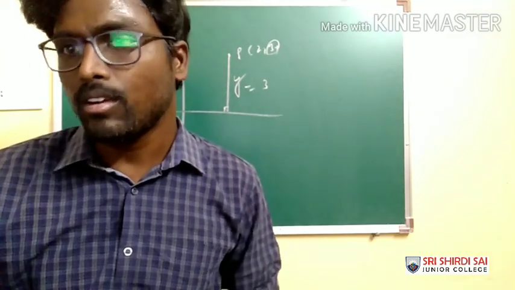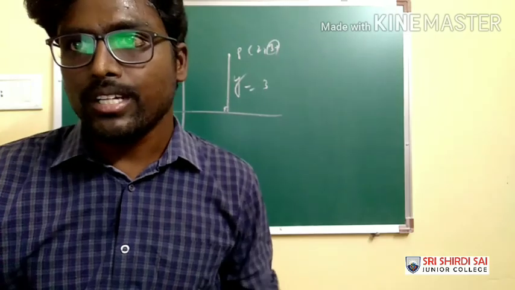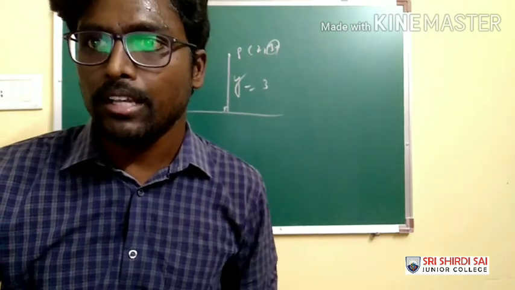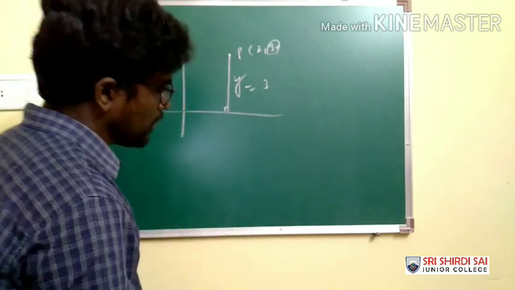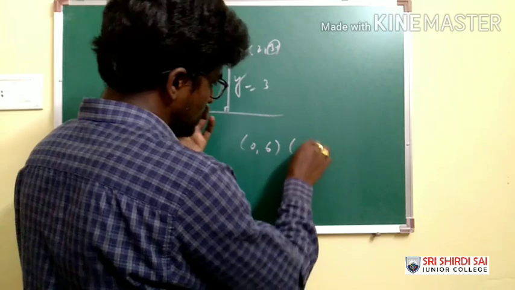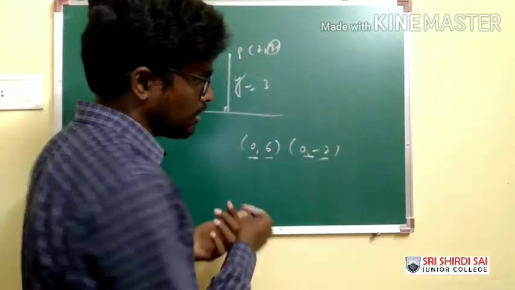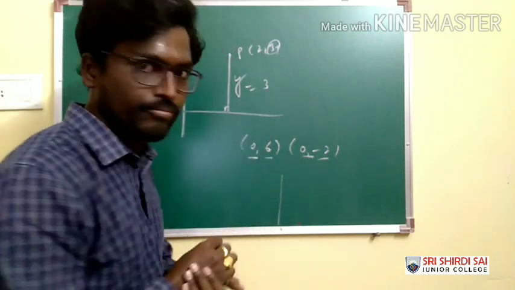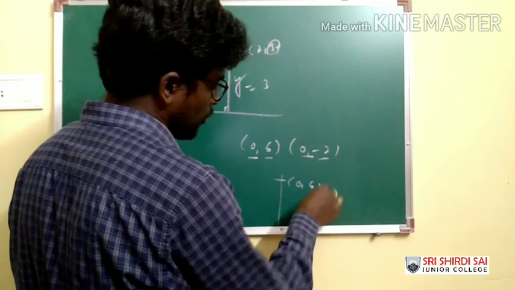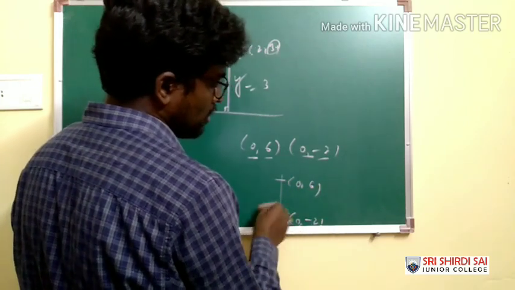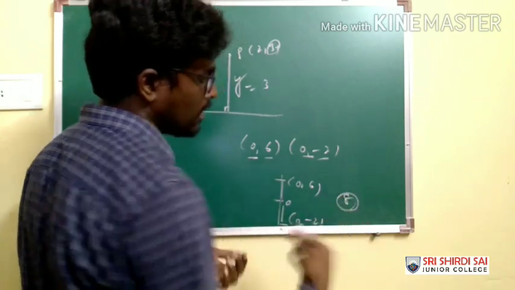Very clearly. Okay. And coming to the next problem. The distance between the points (0, 6) and (0, -2). I have told you a number of times, even in the previous case also we have discussed, x coordinates are equal with different y coordinates means vertical or horizontal? Vertical. Therefore, we have one point at (0, 6) and the other point at (0, -2). Somewhere there is the origin. Means 6 units and this is 2 units. Total length is 8 units.